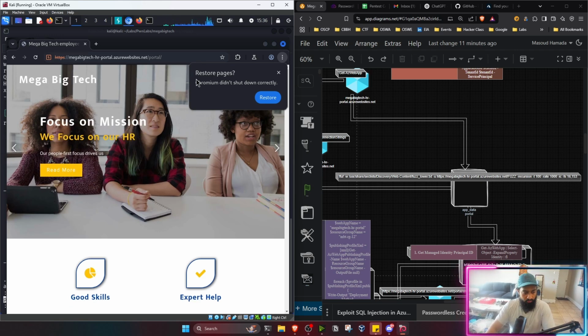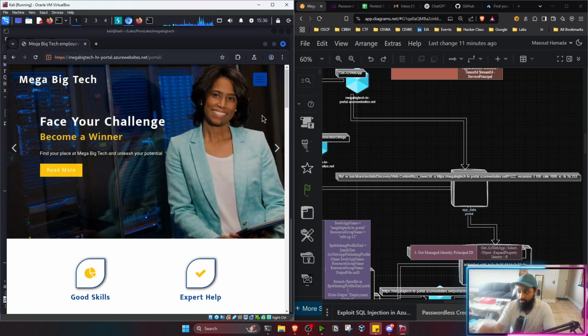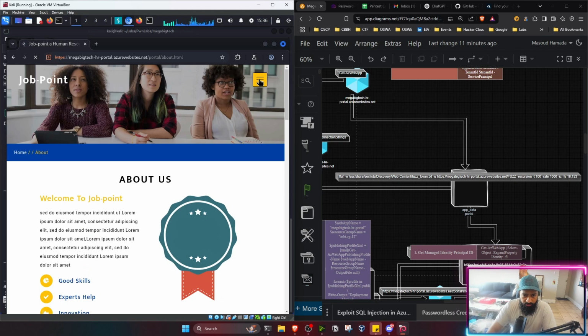So if we get to portal, we can see that we get into the application. It seems that this was the root and not the actual root. And so if we click around,